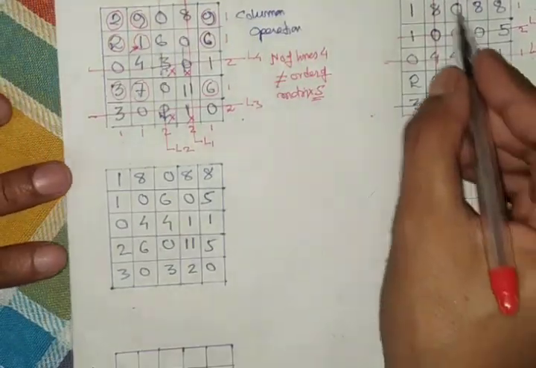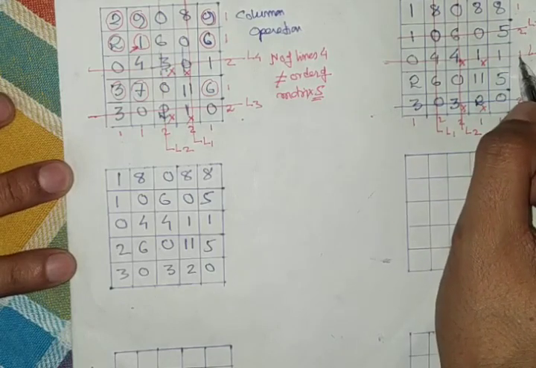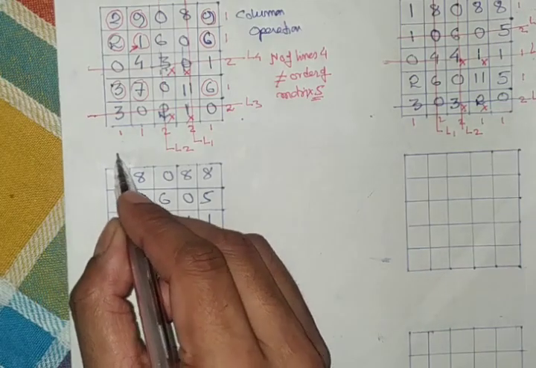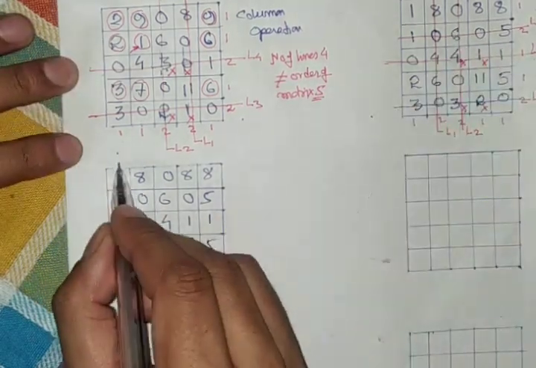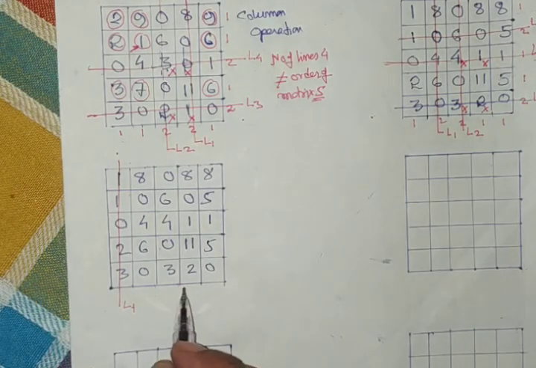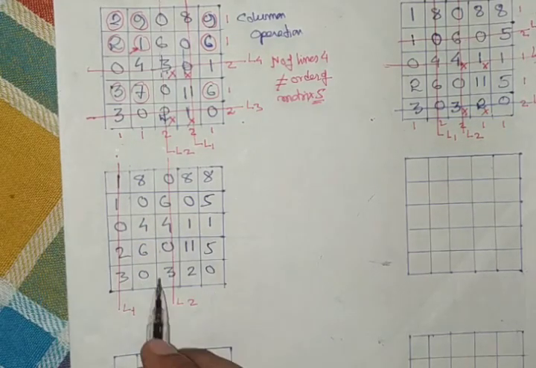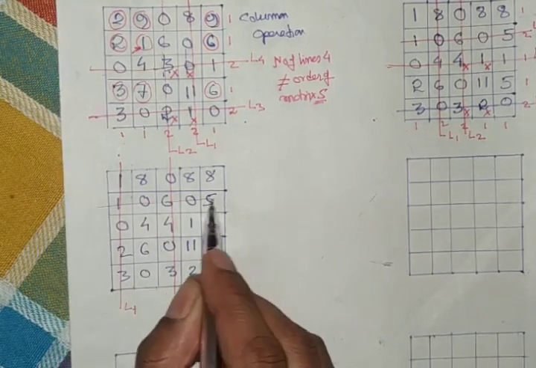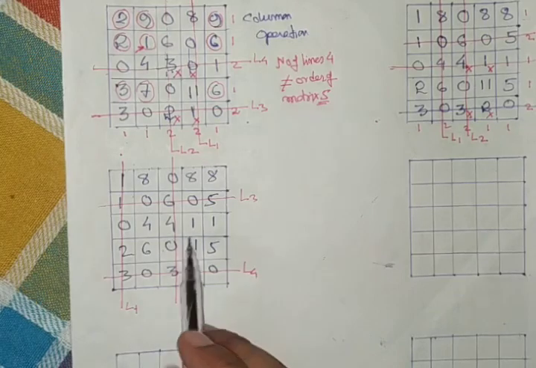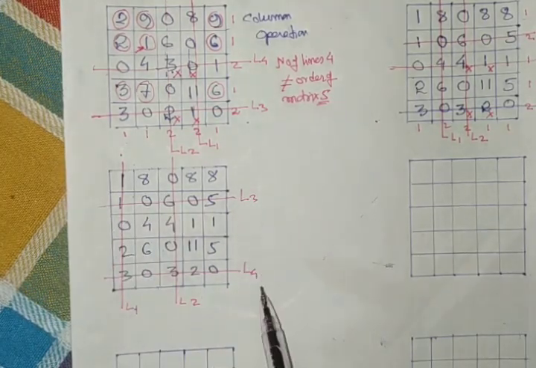If you carefully construct the lines, the number of lines will be reduced to 4 here. Let's see how you can proceed. So let's draw a line here. This is the same matrix. Line number 1, then line number 2 is this, then line number 3 is this one, and line number 4 is this one. So all the zeros are covered by these 4 lines.